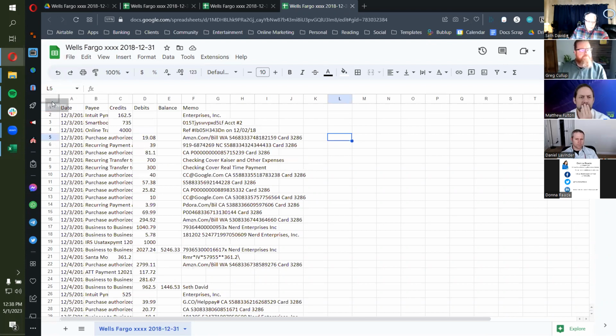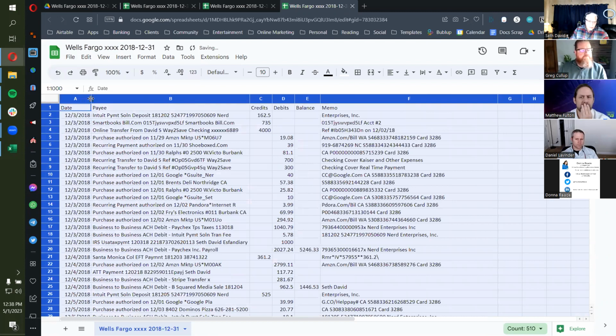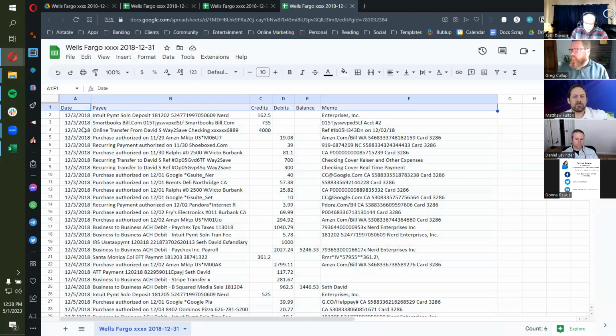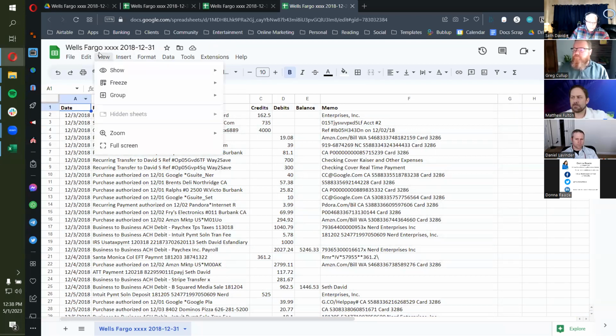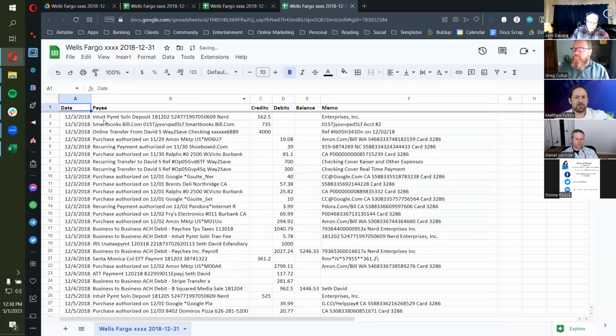Now let's get to work in Google Sheets and do the same stuff that we had just done in Excel. So double click between any two columns while it's all selected, and it auto sizes all the columns exactly the way I need, right? Highlight across, Control B to bold, right? Let's go freeze the pane. So view, freeze, one row, okay? That way I can always see my headers no matter how far down I go.